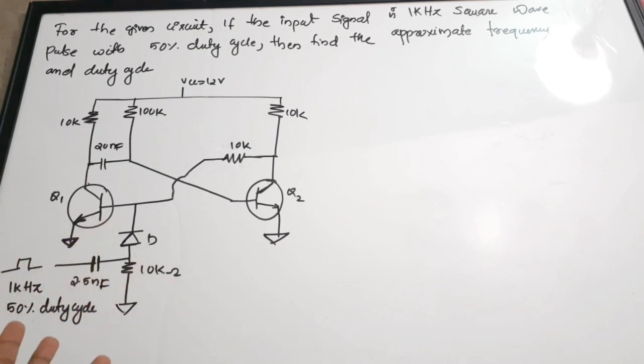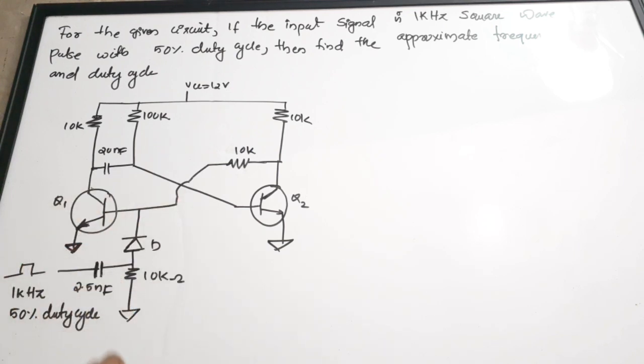So here we all know that a monostable multivibrator requires a triggering pulse, or a triggering input. We can call it an input. Here a 1 kilohertz square wave pulse is given, with a 50% duty cycle. If you analyze this part of the circuit, it is nothing but a differentiator, and when we pass a square wave of 1 kilohertz through the differentiator, what happens is that the